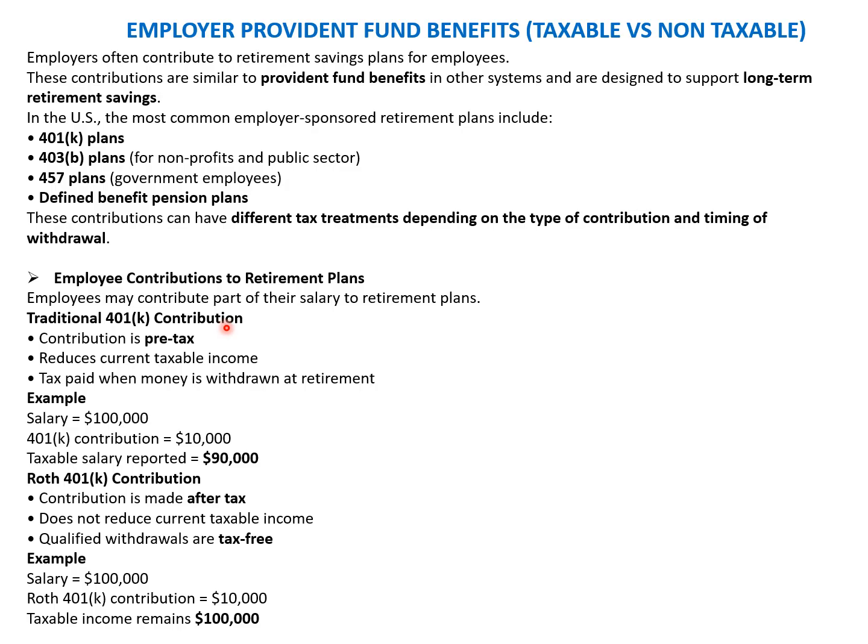So a traditional 401k contribution is pre-tax. It reduces the current taxable income, and this only includes the employee share, because the employer share is always non-taxable. It is taxed when the money is withdrawn at retirement. So once we have made the contribution, we get the deduction from the gross income to arrive at the taxable income. This is the employee share. And because this is a benefit given to the employee and a lower tax is being paid, at the time of receipt from the relevant fund, the entire amount is taxable. So for example, let's say 1 lakh is the salary, the contribution is 10,000, and the taxable salary is 90,000.